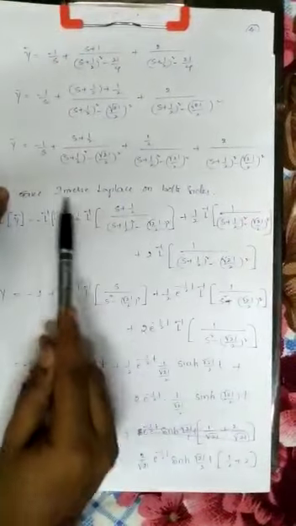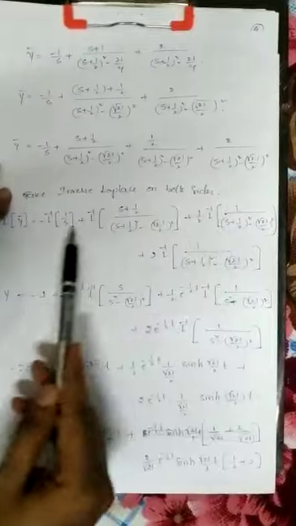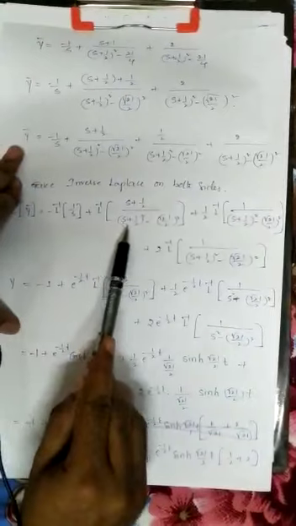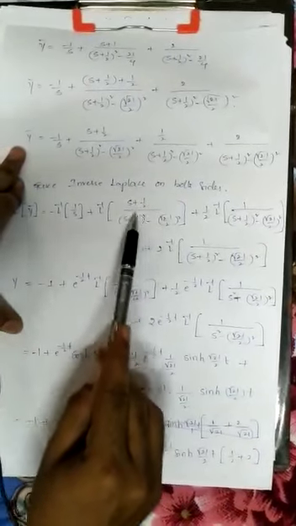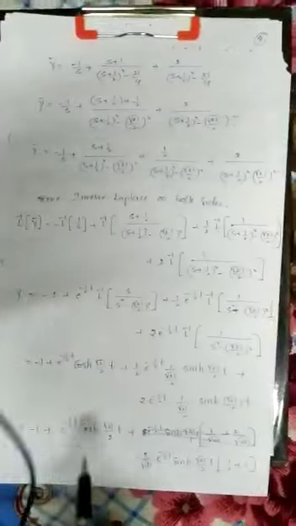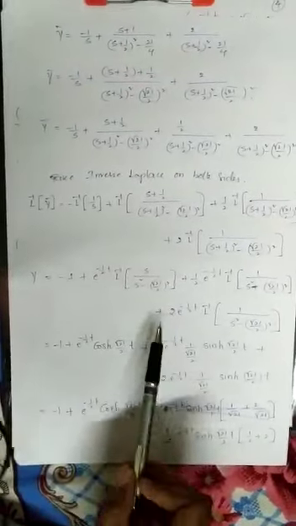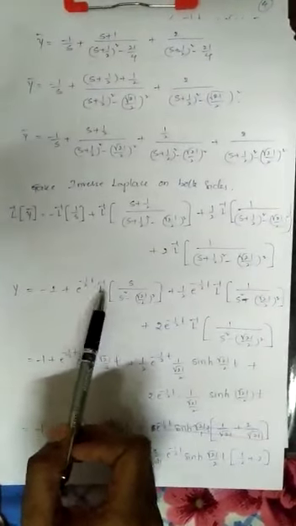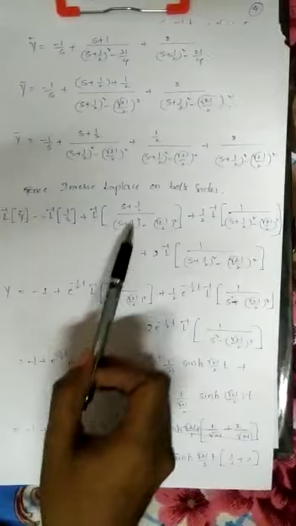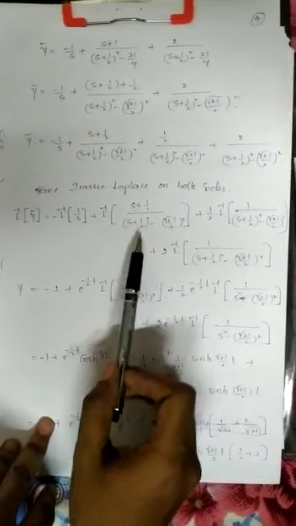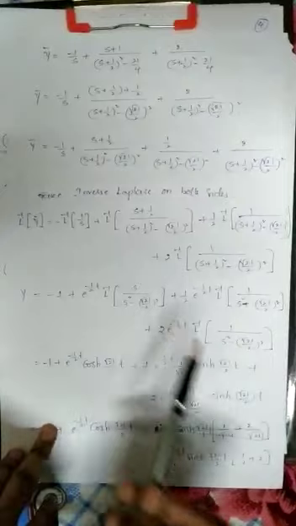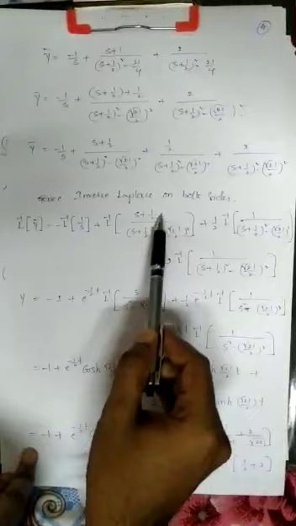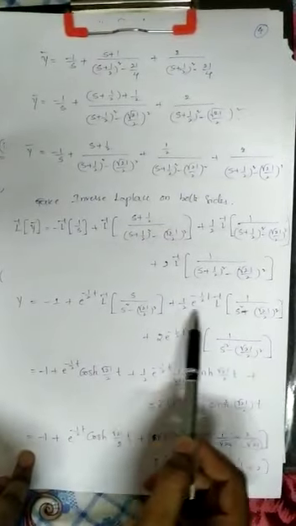Now apply inverse Laplace transformation on both sides, for each and every term. Here we have s plus 1 by 2, that is an s plus a term. To replace s plus a with s, we have to write e power of minus 1 by 2 t outside, by using the first shifting property. So write e power of minus 1 by 2 into t outside, so s plus 1 by 2 is replaced by s. Similarly here also.